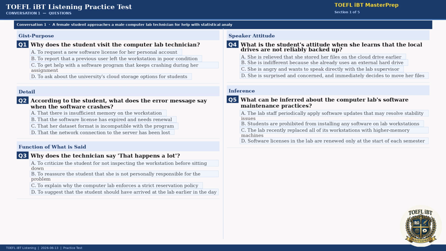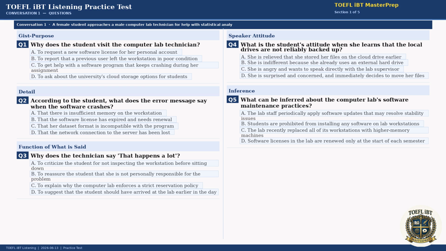Okay, the update is complete and the background applications are closed. Try running your analysis now and let me know if it goes through. It's running. And it looks like it's actually going to complete this time. Thank you so much, I was starting to panic. Great, glad we got it sorted. And if you run into any more issues tonight, I'll be here until 10 o'clock, so don't hesitate to come back.